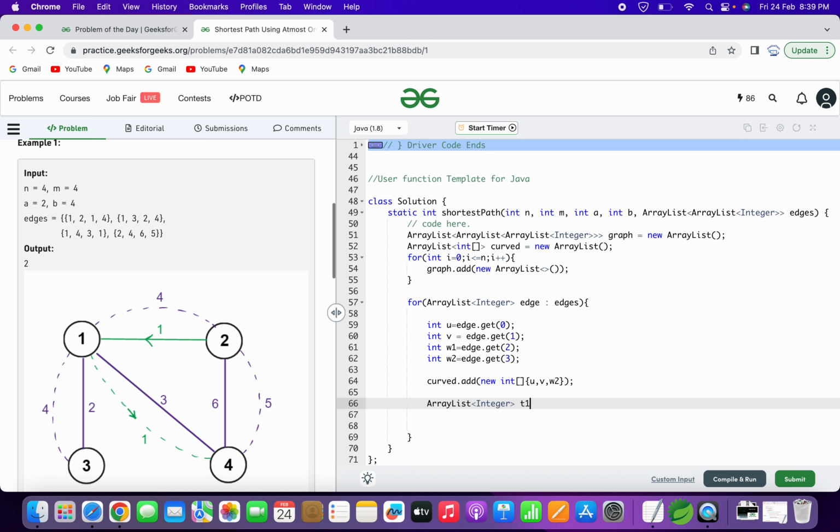Let's name it t1 is equal to new ArrayList, and to this we will add, since we are creating an adjacency list, an edge and its weight. So to this, t1 dot add, we'll add